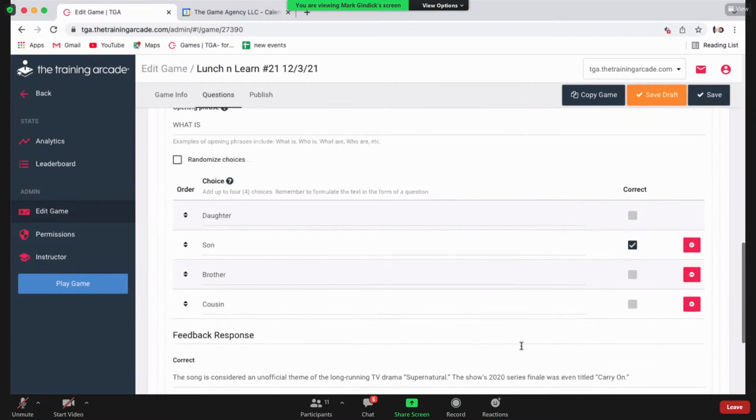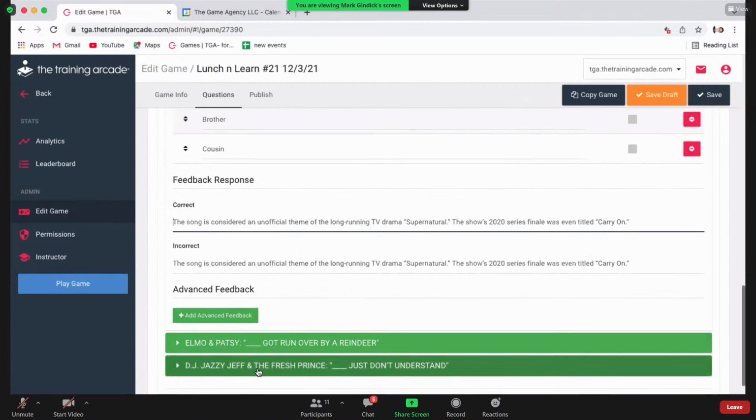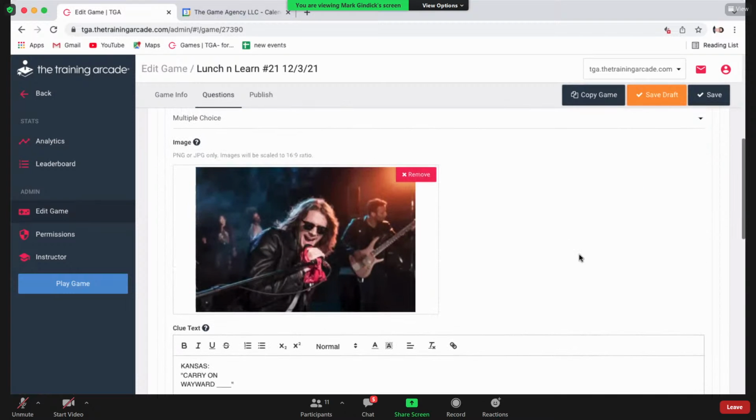If you want something for the feedback, you just type it in, just like a Google document. You have also something called advanced feedback. If you want to give extra information about that clue, you can add an extra button that would then bring you to another piece of information to read to your group of people. That's turned off right now. So that's it. That's really, as Jake was saying, the hardest part is writing the clue. Going, what is the clue going to be itself? The actual application of putting the clues and the answers and everything else is really just about dragging and dropping